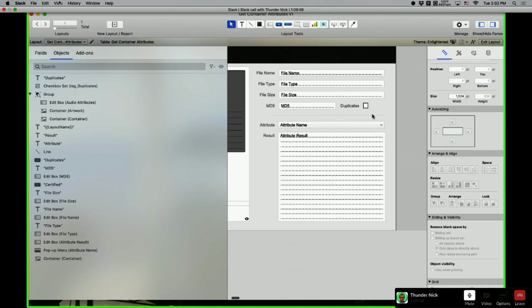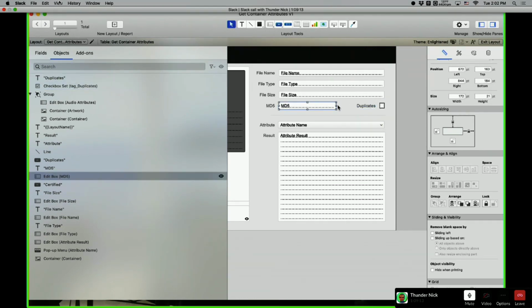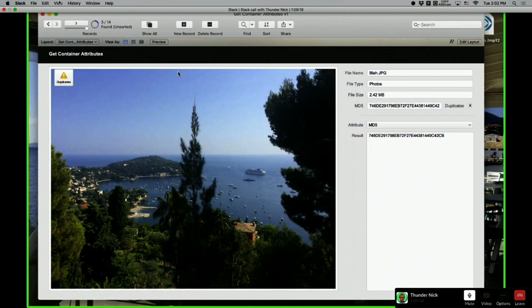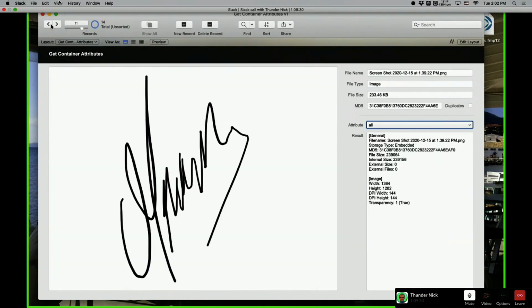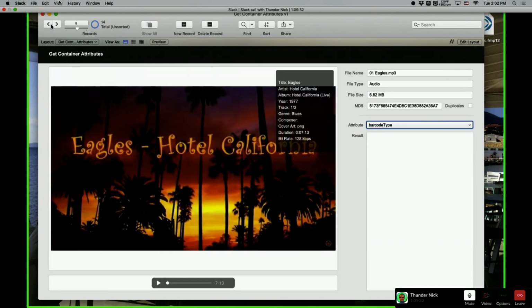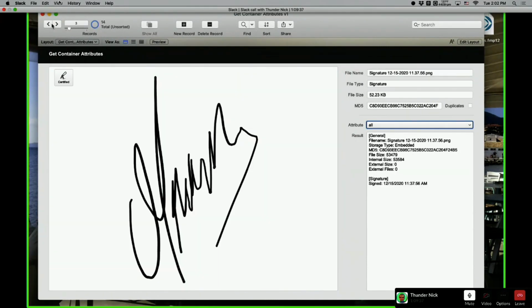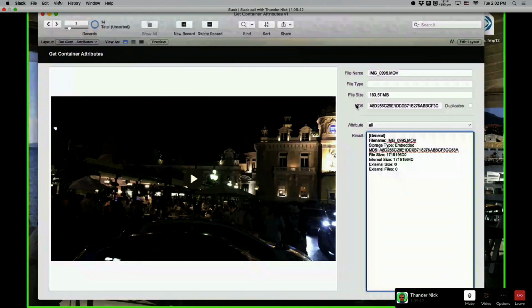This works also on PDFs, so if you have an identical PDF, it will tell you identical. Audio, but I don't think it works on videos. Maybe yes, maybe videos too. I think so. It will tell you if the video is a duplicate or not, because you have the MD5 on the videos as well. So where's the video? See here. Yeah, you have the MD5. So it will tell you if the video is identical anyway.